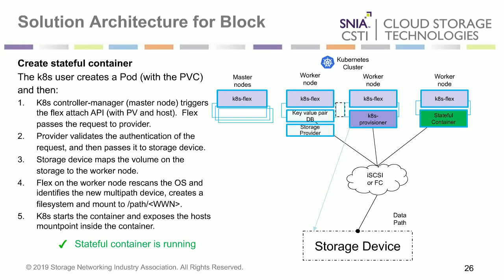And once that is done, there'll be a bind mount between the container's directory and the host directory that it got mounted to. So the container will come online and have access to that volume with the file system on it. So that's essentially the process that CSI is going to do. It's what Flex does. The difference will be you'll have a CSI controller doing a lot of the operations. It won't be dependent on the master nodes.